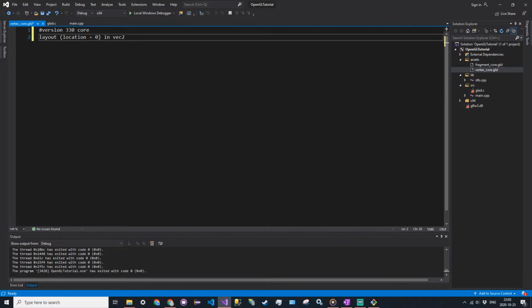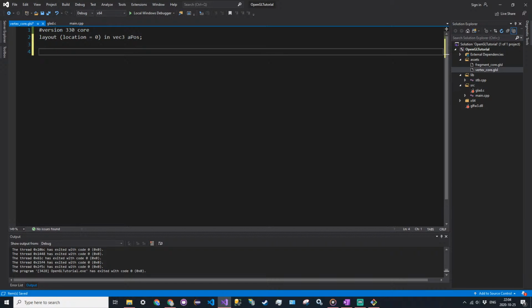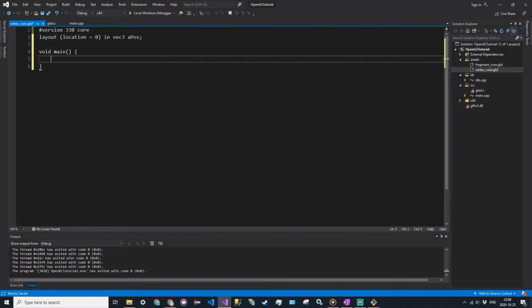in vec3 aPos. So what this means is layout is just saying in the data that's passed in, we're going to go to the 0th index of the data and take in a 3D vector and call it aPos. Then in the main method, we're going to say void main, because remember, these are all different programs. There's a shader program that runs every frame. Then we're just going to say gl_Position, which is a predefined global variable that must be assigned a value, is equal to